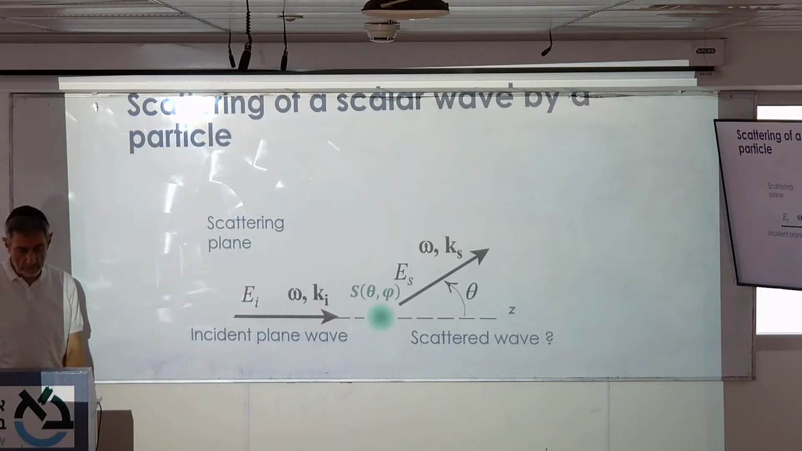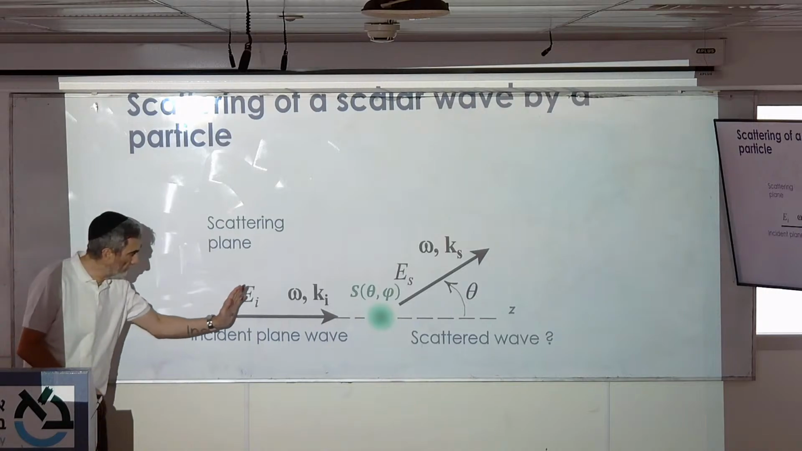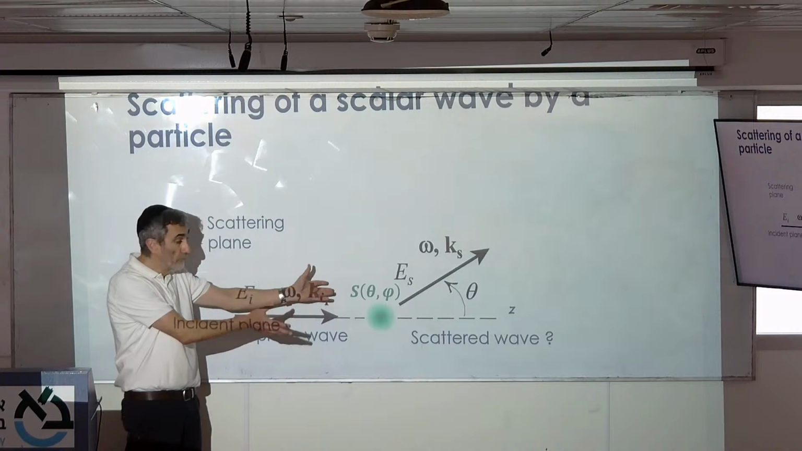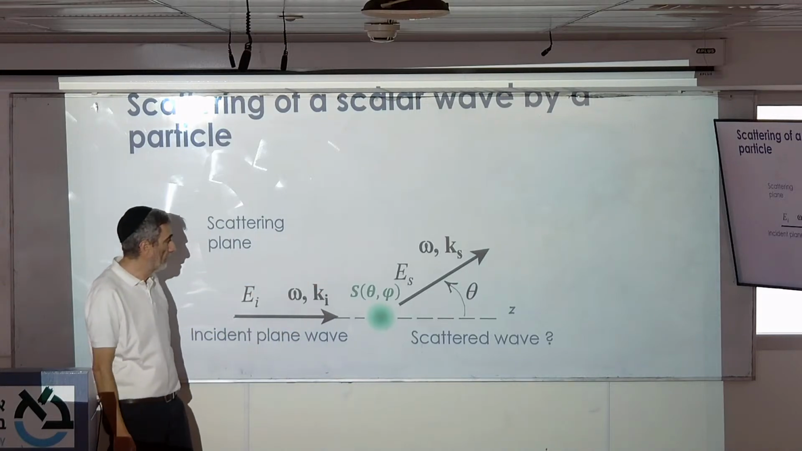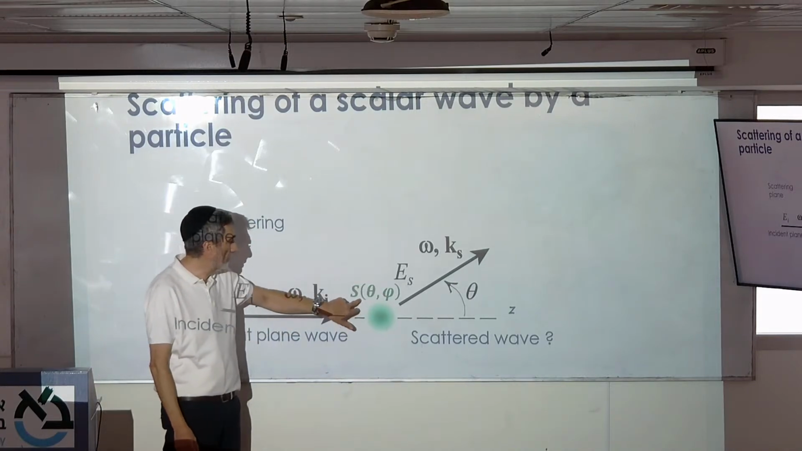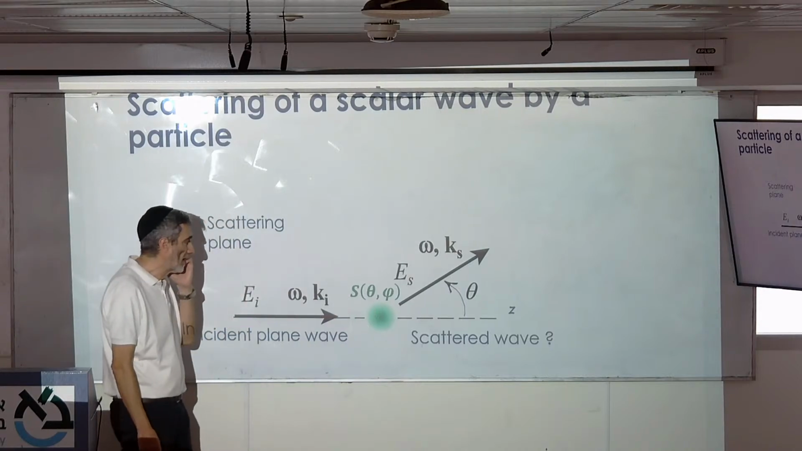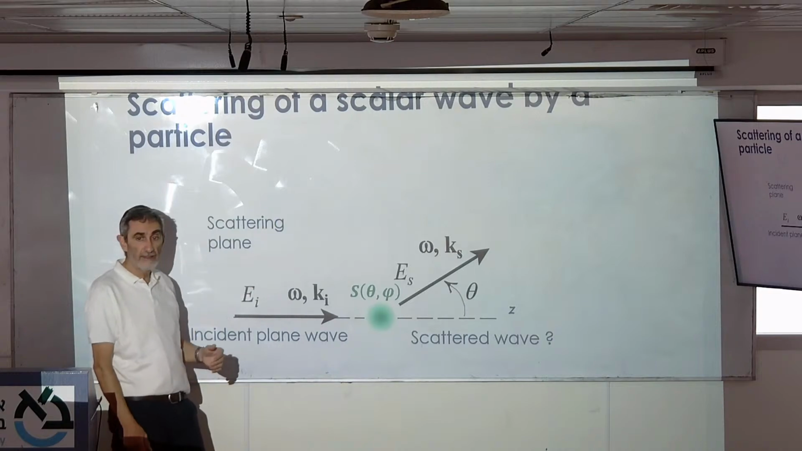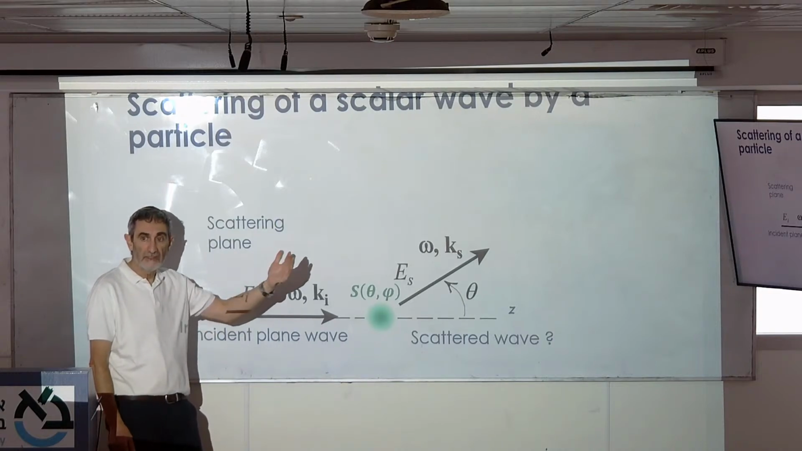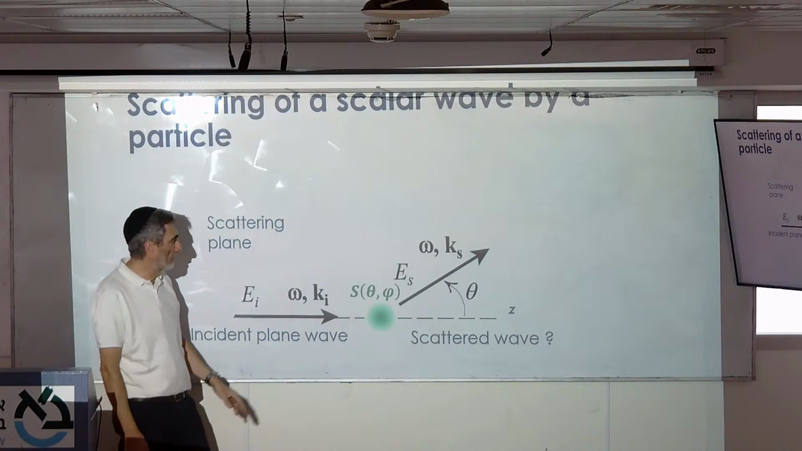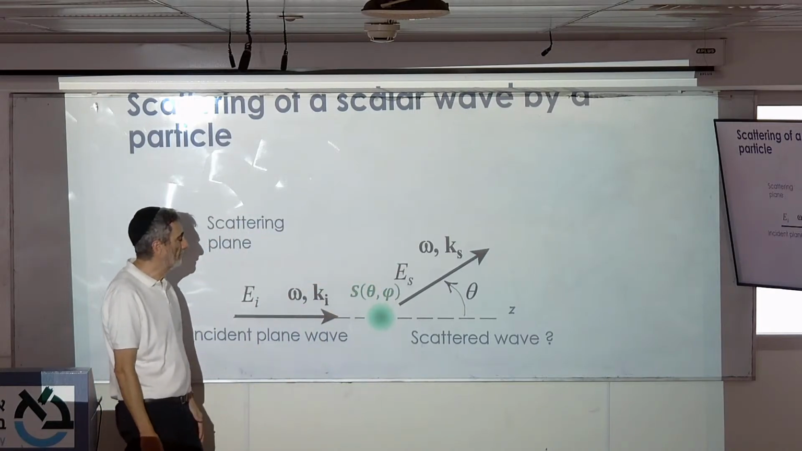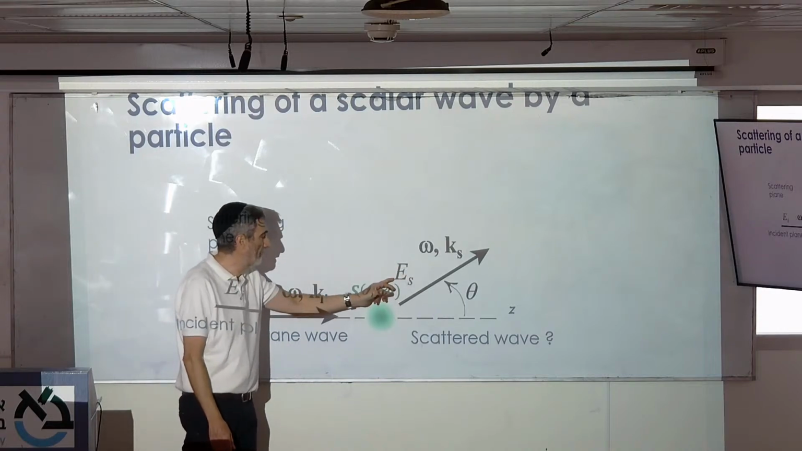Okay, so let's describe the scattering process. We have our incident wave coming onto the scatterer, or the medium that scatters light, which is represented by this function S of theta phi, and we are looking in the far field. So we take R to infinity. Imagine that this distance is very far, and we look at the scattering amplitude here